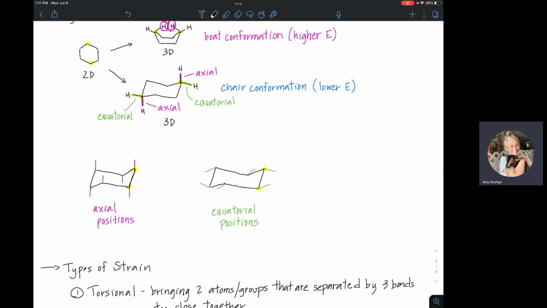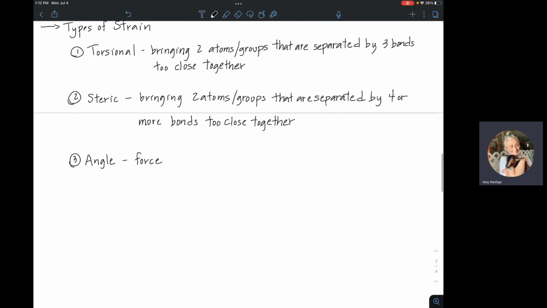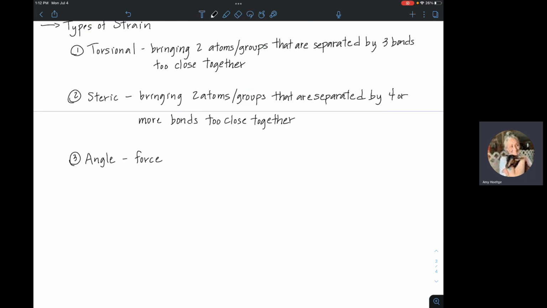So I have a hexagon, right? In other words, if I'm going to be forcing the bond angles, so theta, right? If I'm going to force theta to deviate too far from what's considered to be the optimal tetrahedral configuration,